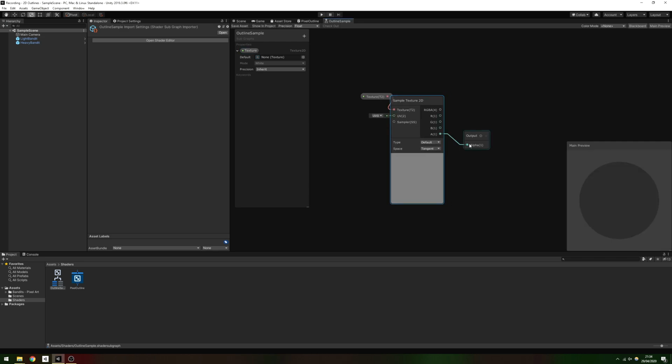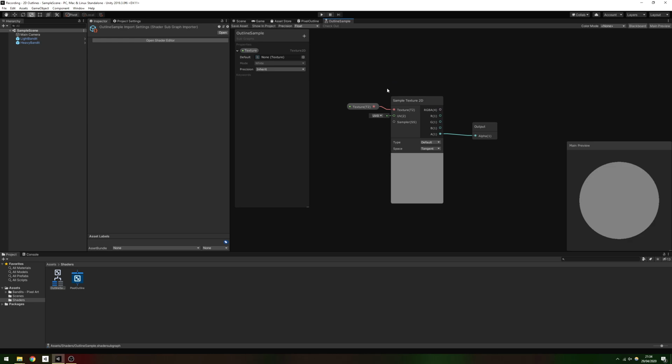To sample in different directions, we need to modify the UVs for the sample. Add 2 more properties, a vector 1 called outline thickness, and a vector 2 called direction. I hope it's fairly obvious what they mean. We want to displace the UVs by a number of pixels equal to the outline thickness, in whatever direction is